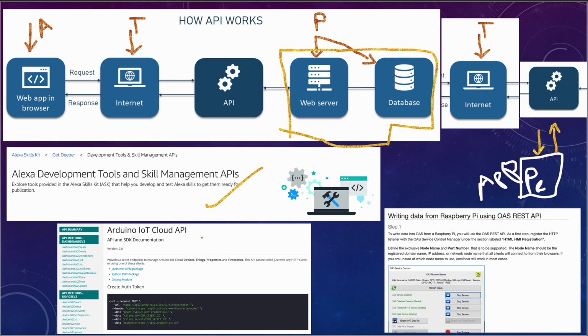This one over here is for Arduino Cloud. For Arduino devices to connect and communicate with the cloud, this is the Arduino IoT Cloud API which they have in their website. Similarly, we have writing data from Raspberry Pi using OAS REST API. Right? This is a knowledge article that was there. So you can see that all